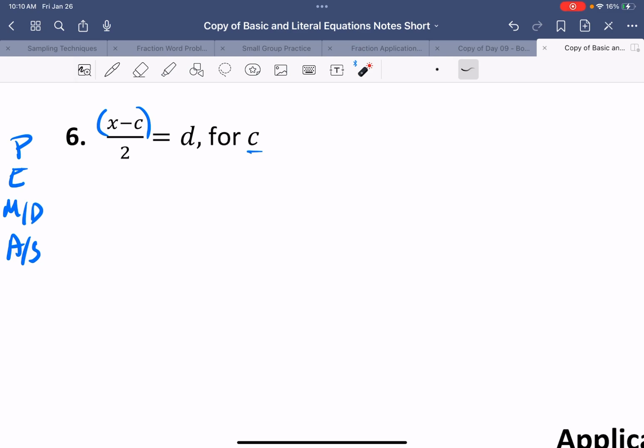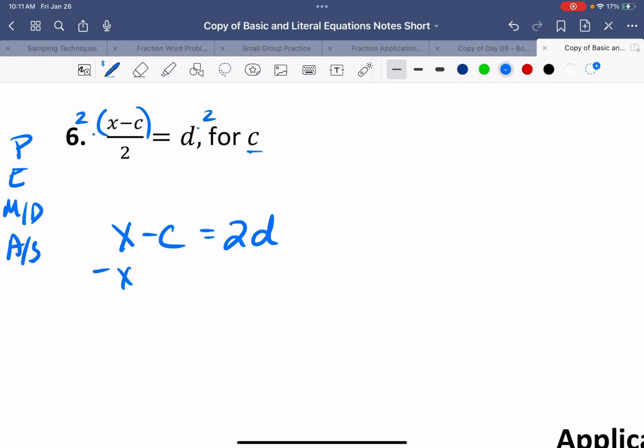So knowing that, even though I have my addition subtraction right here, it's in a parentheses. I can't touch it yet. So let's do this piece here. It's a division problem, so let's multiply both sides by 2. Okay, so I'm going to multiply both sides by 2, which gives me x minus c equals 2d. Now remember, when we do multiplication, we always put our number first, then our variable. Okay, so even though I have my 2 over here, you're just going to flip those around. Okay, so then the next thing is pretty simple. Now I'm going to subtract my x from both sides, and I'm left with negative c equals 2d minus x,